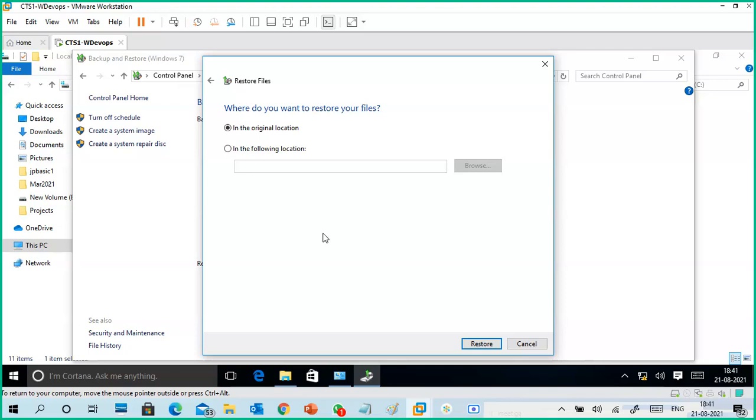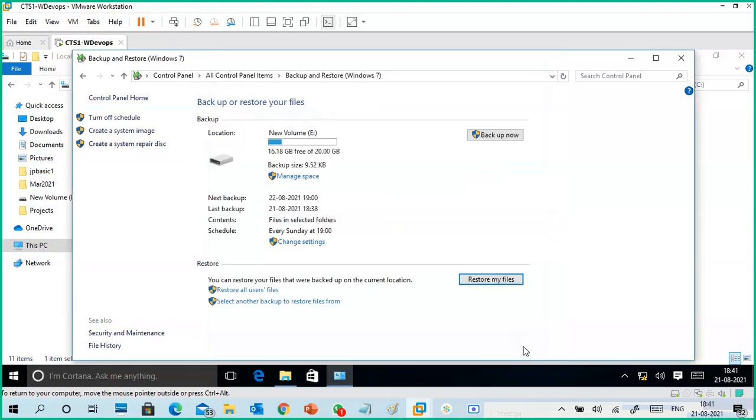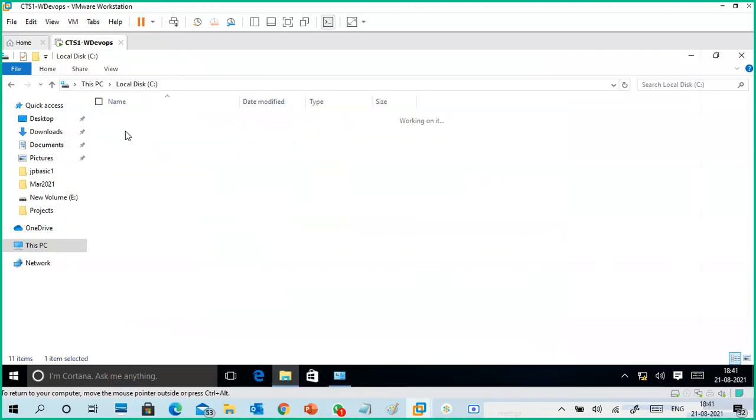So better to test the restoration first, then only restore into the original location. First restore in a different location, then restore into your original location. That is important, but here I'm directly restoring to the original location. So restore, finish, and verify whether your data one folder files came or not.